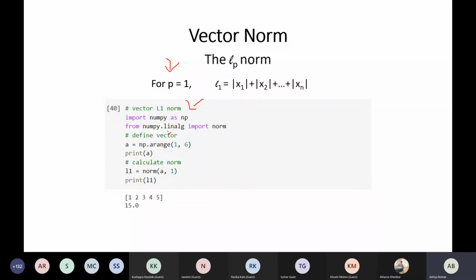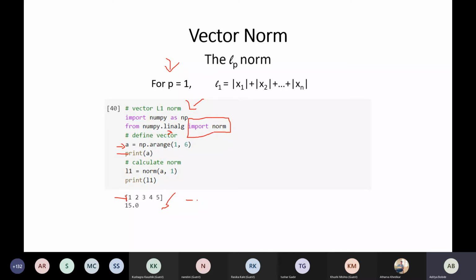This is the library which is present in numpy. I'm importing the norm function from numpy dot linear algebra. So I'm defining my vector a and I will be printing my vector. Okay, so my vector starts from 1 till n minus 1. So 1 to 6 means 1 to 5.